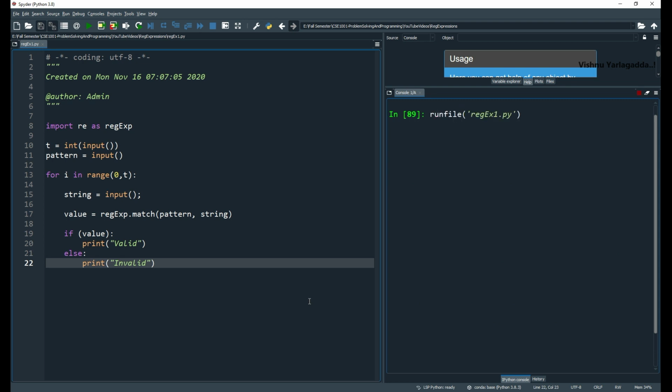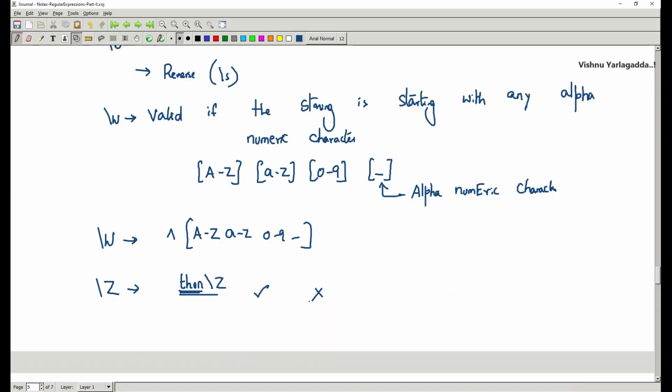Why are some of these backslash characters not working? Two test cases, thon\Z, Python is invalid, thon py is also invalid. I think this \Z is not working in the recent version.